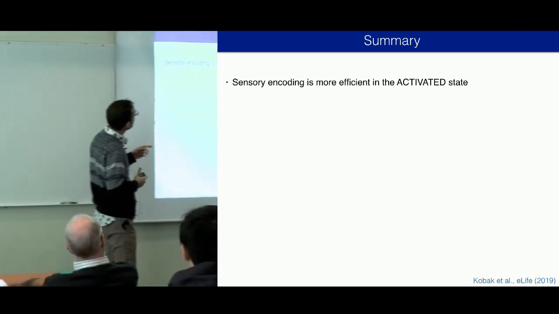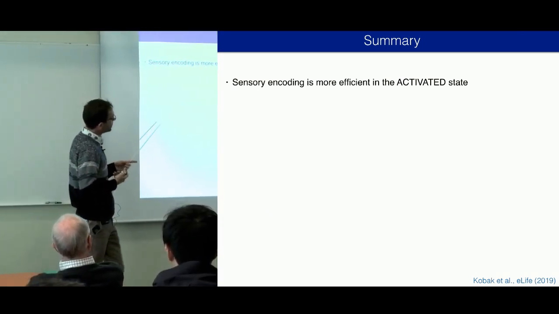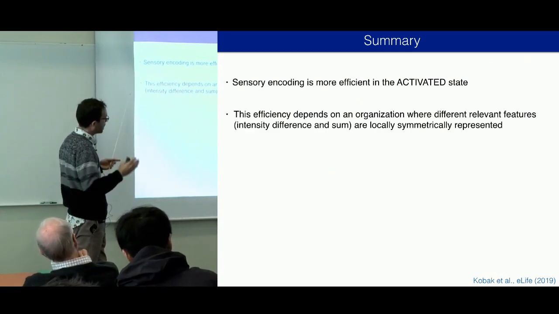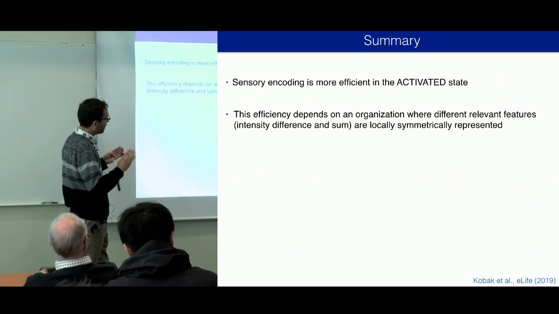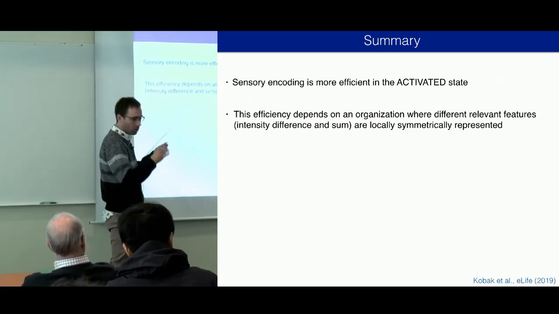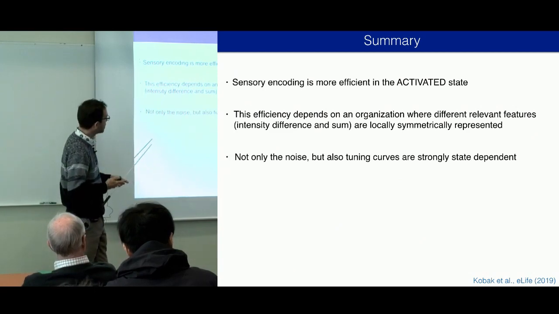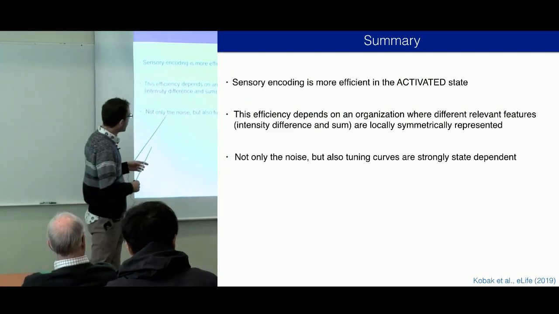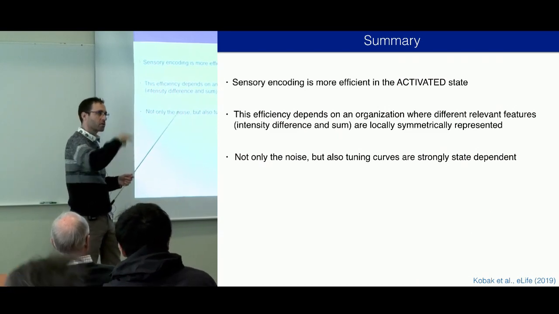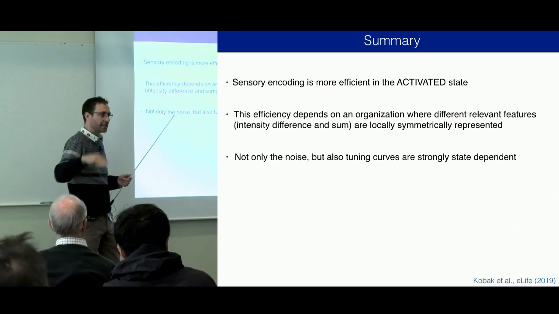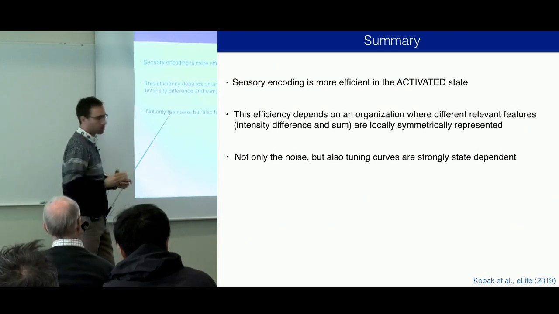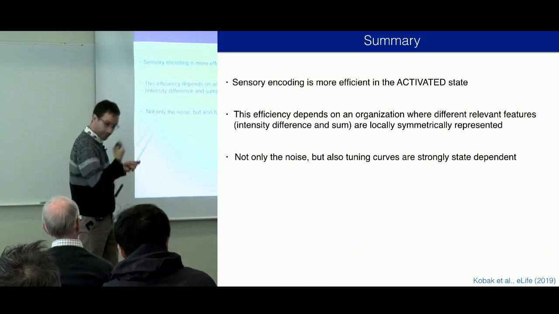So in summary, in general, encoding is more efficient in the active state. The efficiency depends on an organization where the different relevant features, in particular the intensity difference and sum, are locally symmetrically represented. It's not just the noise. So that's very important. The default assumption is always, okay, you have this signal modulating everybody, so this is going to introduce noise that is positively correlated along the uniform direction. And that's true,